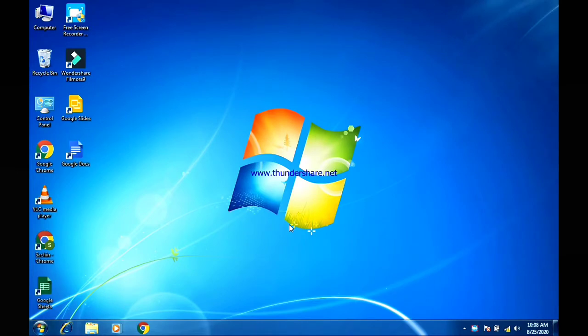So guys, let's start here. Today we will learn about some important commands which are used in disk operating system. Before learning about those commands, I want to create one drive in my computer.